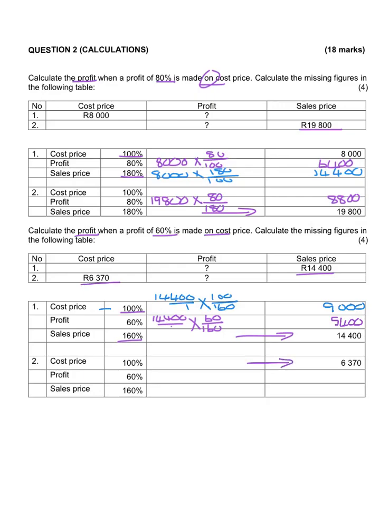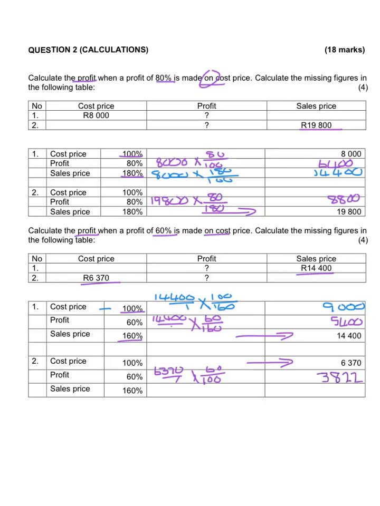In the second one, they give us the cost price as 6,370. We have to calculate the profit, so I will use the 6,370 times the percentage that I want, 60, divided by the percentage that's known, 100,